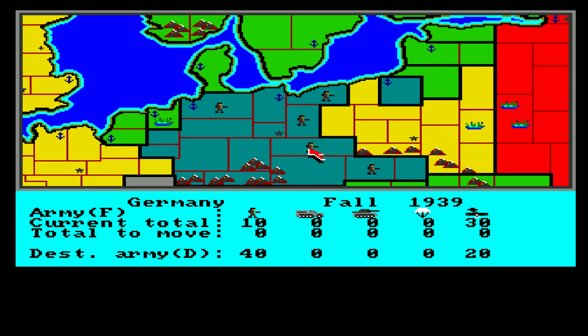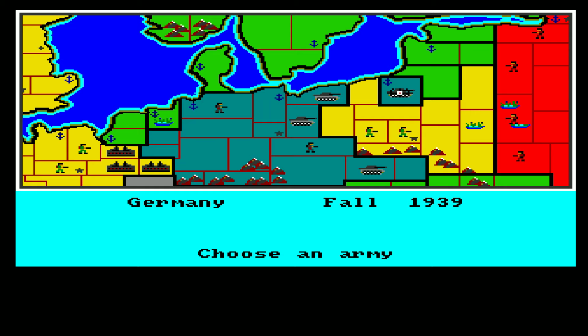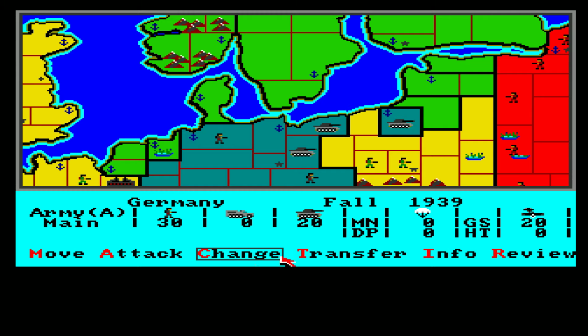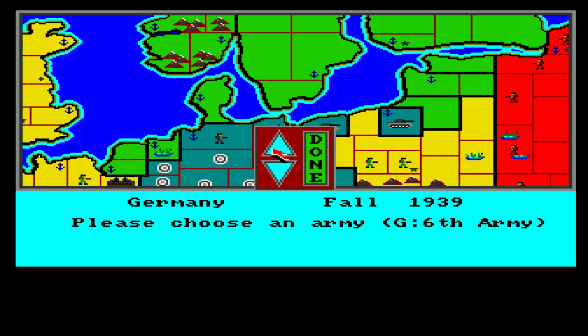I will transfer some planes to a new unit I will make over here. I cannot transport planes from that, but I will make a new one, and that was going out here. Say staff changes, create army. You can create some armies, and it's not that many. 1, 2, 3, 4, 5, 6, 7, 8. That's 9. That's all I can create. That's okay with me. I will call this,